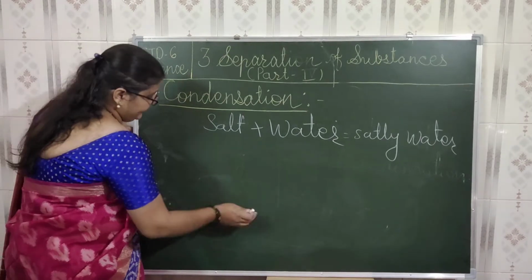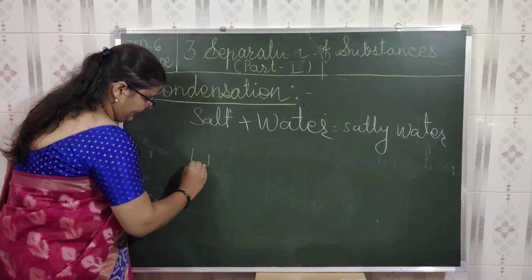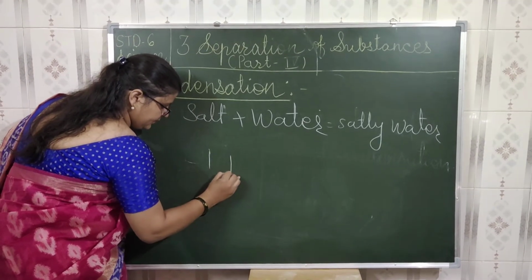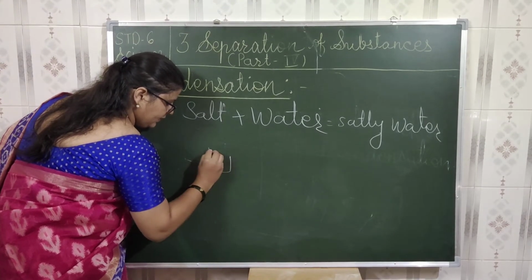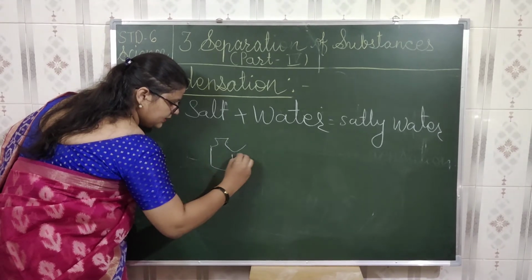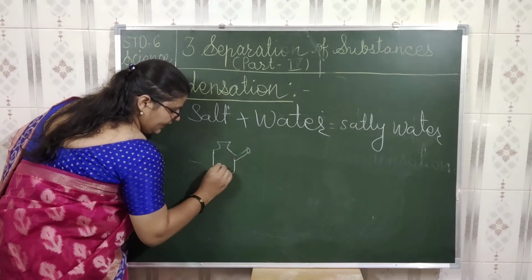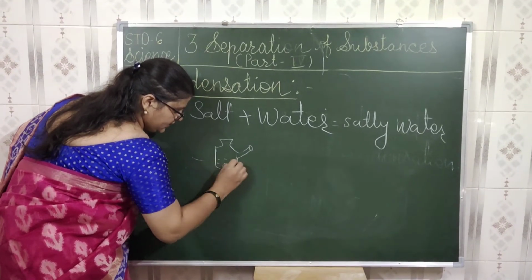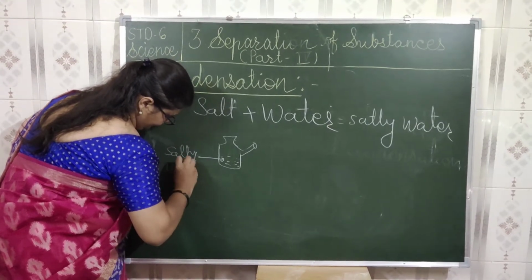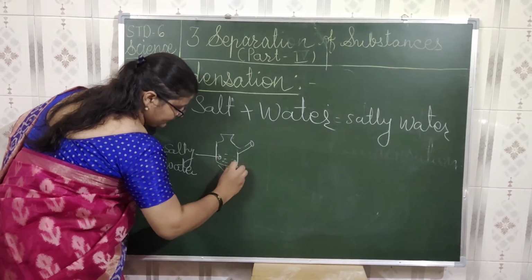Now what I'll do in that case is take the salt and water into one container. Suppose a kettle. I'm not so good with drawing, but like this, a kettle is there, and here I have taken all the salty water. Then I am going to provide it with the gas.